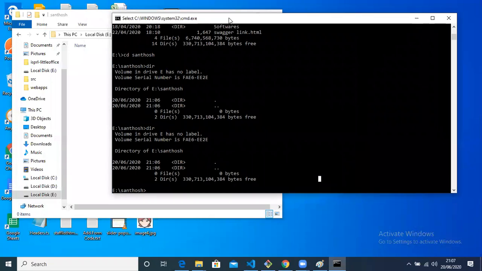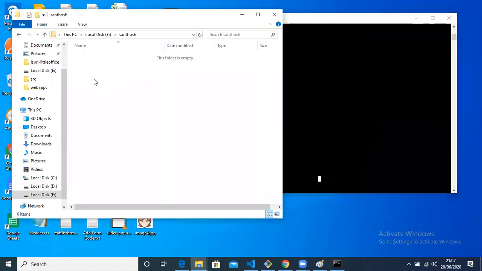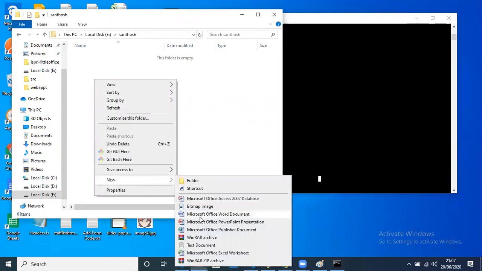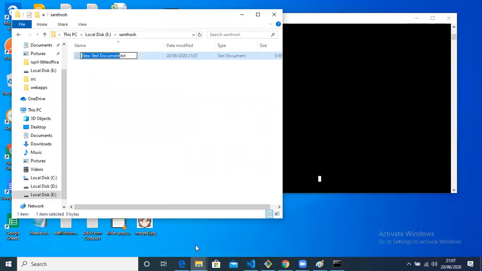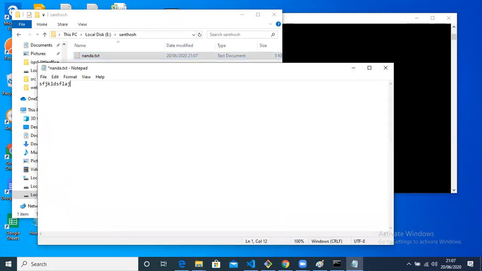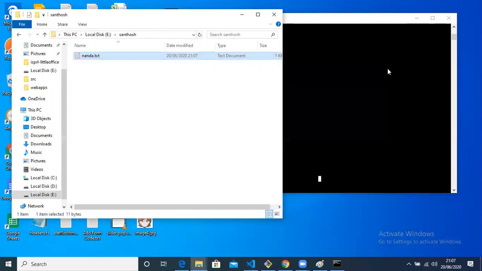Are you getting what I'm telling you? Yes. Okay, now we are going to create a file. For example, I want to create a text file here in Windows. What I will do, I will right click and go to New. There are so many options there. I will just select Text Document here, right? I'm putting a name here, something like Nanda. Now nanda.txt file has been created here. I open this txt file. I can type something here as text and I can save it. Because it's a text file, I can write text only. I can't put any graphics in this, right? So this is what I can generally do in Windows.